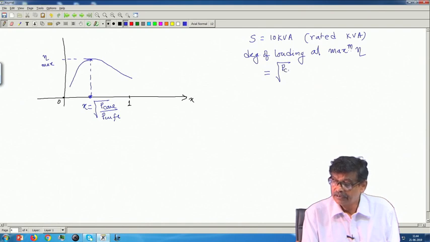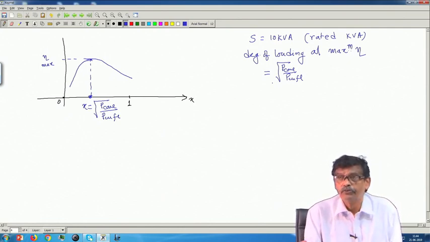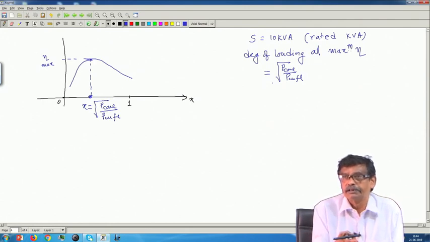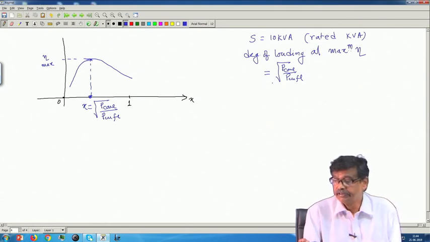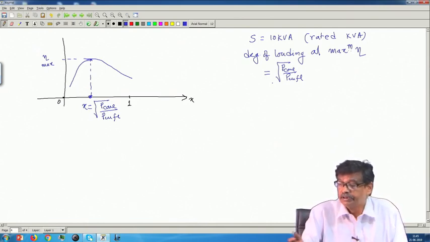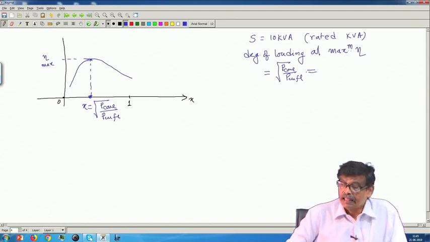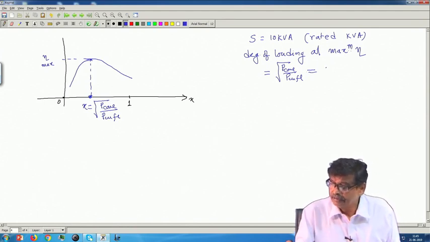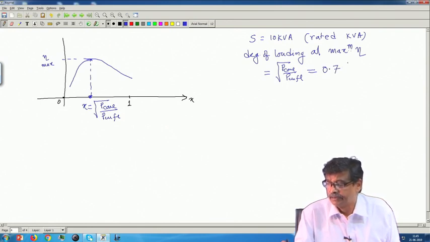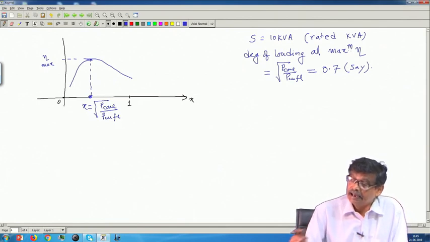You calculate from this P core by P copper full load. Do I know P core? Yes, from the open circuit test. Do I know P copper full load? Yes, from the short circuit test, wattmeter reading. Take the ratio, these are only two numbers with the same dimension, take the under root and it will return you a number. Suppose this becomes equal to 0.7,